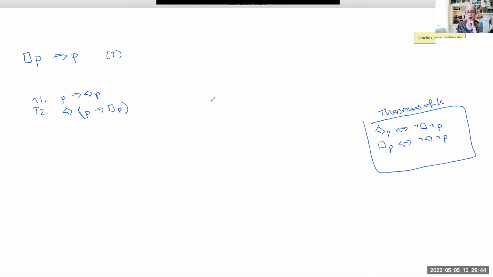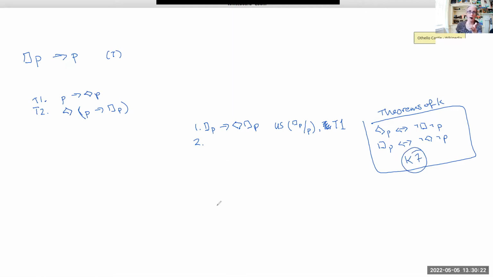But we still need to prove it. So we will start off by taking a substitution instance of our first theorem. So I'm going to do uniform substitution, and I'm going to replace all the occurrences of P with necessary P, and we're going to do this on our theorem T1. So this gets us that necessary P implies possibly necessary P. Now, again, all of the theorems of K are still theorems of T, and so we can use them again, including